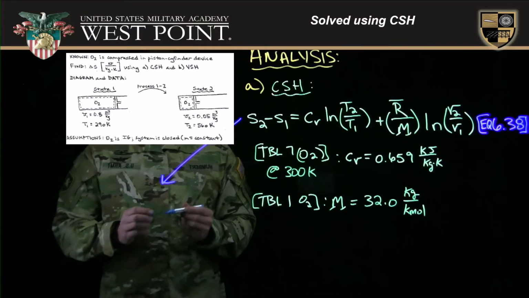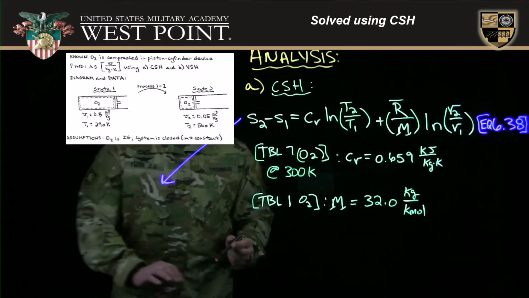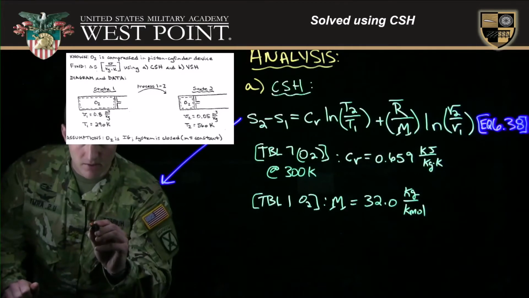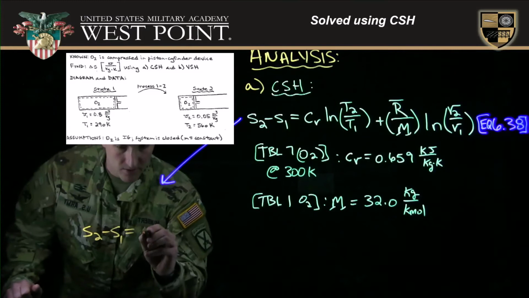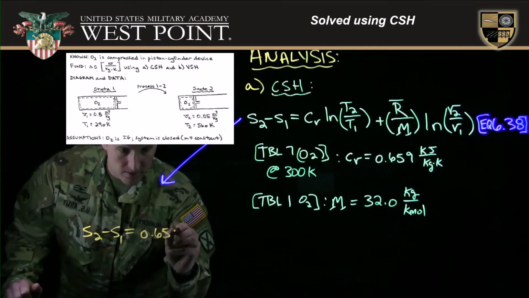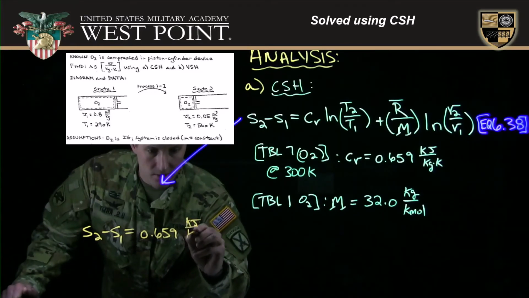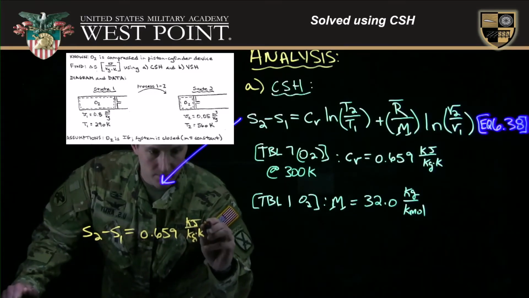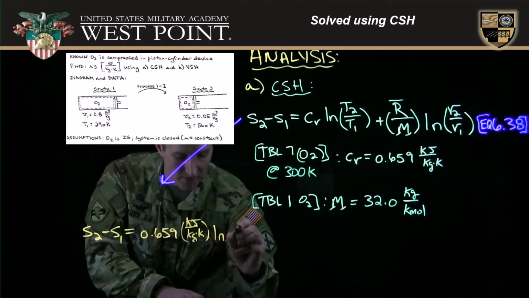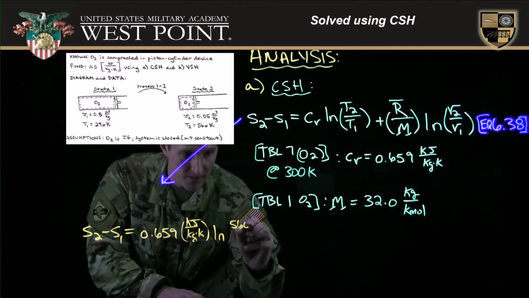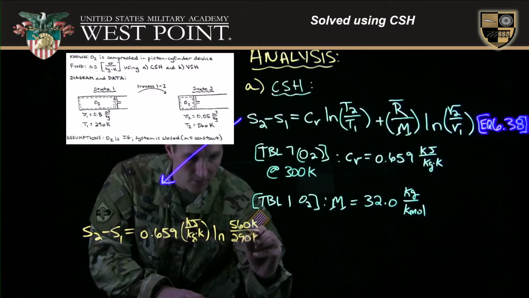So let's move here to the left side of the screen. And solving this, inputting our values, we have change in entropy is equal to our specific heat at constant volume, 0.659 kilojoules per kilogram Kelvin, times the natural log of our temperatures. Temperature at state 2 is 560 Kelvin, divided by the temperature at state 1, 290 Kelvin,